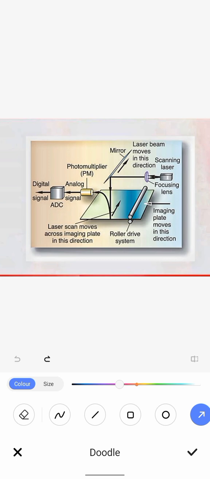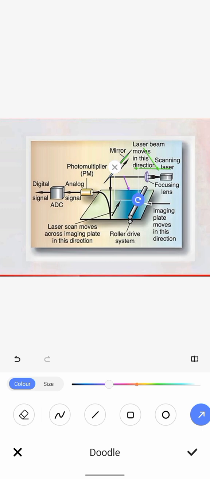After exposing the cassette to the X-rays, the imaging plate, then we are inserting that cassette into the reader. After that, the imaging plate is coming out of the cassette, and you can see this is a roller, this and that. The roller helps in getting the imaging plate inside the reader. Okay, when it goes inside the reader, then we use the laser light. Here is a mirror. The laser light is going and falling on the mirror first. After that, it is coming down and falling on the imaging plate, which is